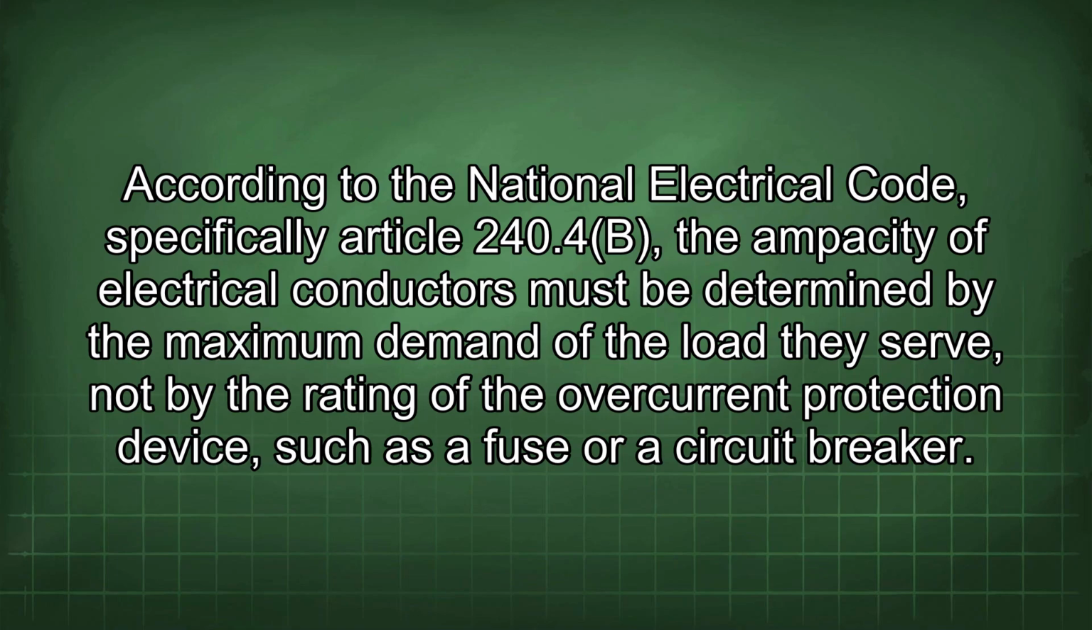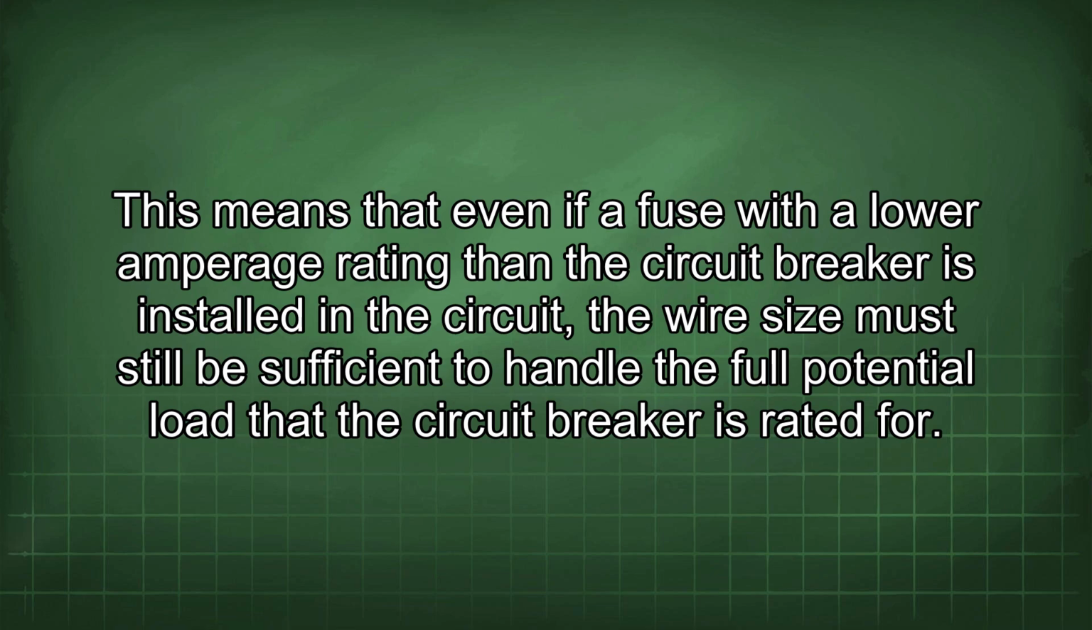According to the National Electrical Code, specifically Article 240.4(B), the ampacity of electrical conductors must be determined by the maximum demand of the load they serve, not by the rating of the overcurrent protection device, such as a fuse or a circuit breaker. This means that even if a fuse with a lower amperage rating than the circuit breaker is installed in the circuit, the wire size must still be sufficient to handle the full potential load that the circuit